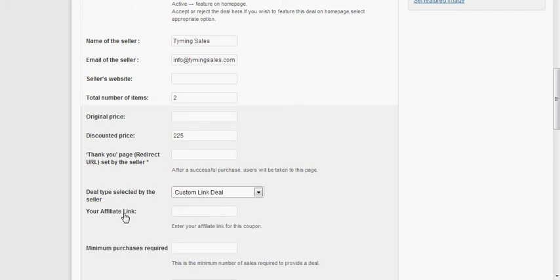If you are an affiliate, you can put an affiliate link, or even if you're not an affiliate, you put a link, for example from another website. So when people click on buy from this website, from Timing Sales, it's going to transport them to the other website, so then they can make the purchase on that other website. That's pretty much it. I've seen it, I used it, and digital is pretty much the same thing, I believe,